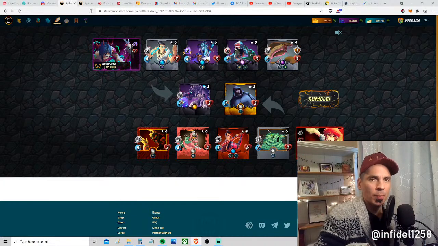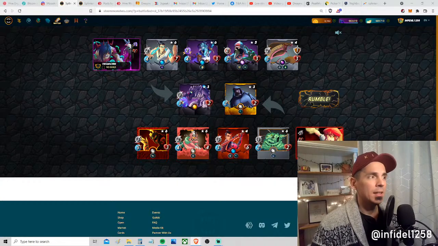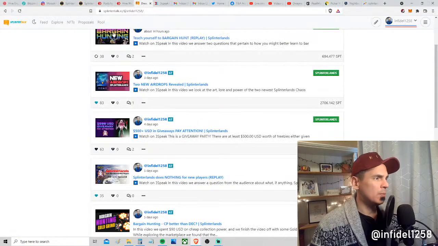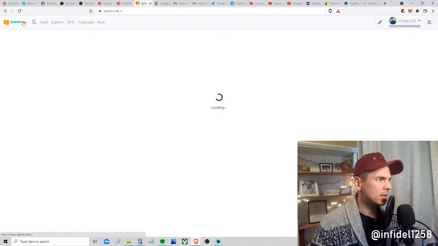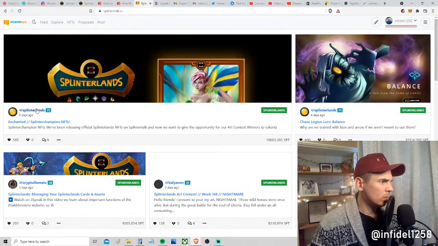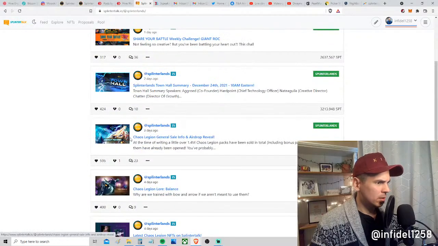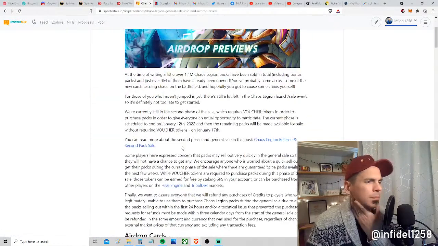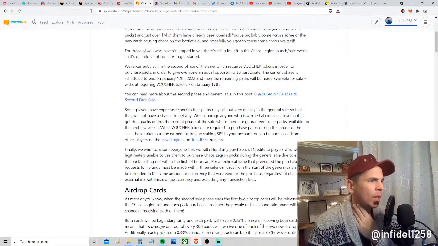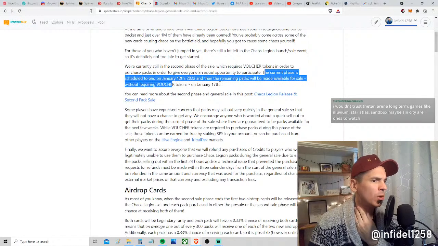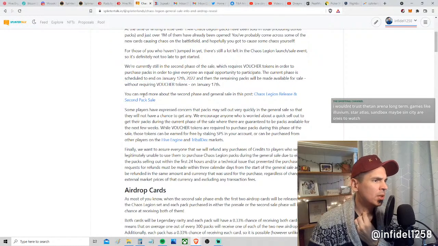I believe it's true. And so I think that the new Splinterlands airdrop cards, which are the Angel and the Whale, are currently still in the second phase, which requires vouchers. The current phase is scheduled to end January 12th, and the remaining packs will then be made available.